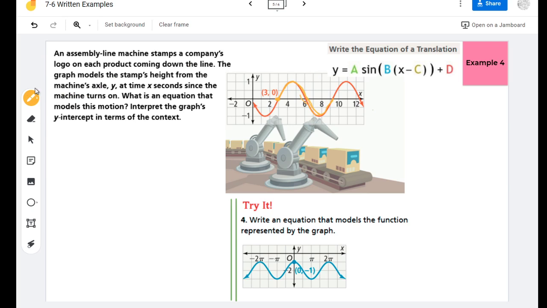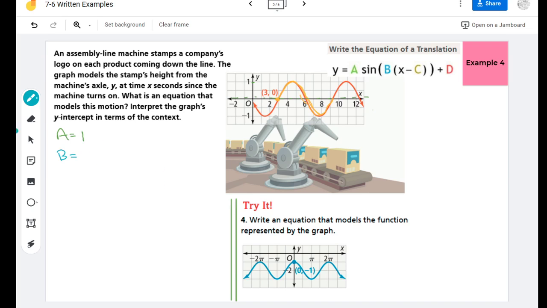Okay, so let's start by looking at our values. In terms of our A value, it's our distance from our midline to the top. So you could see our midline here is at 0, and then it goes to 1. So our A value is 1. Now our B